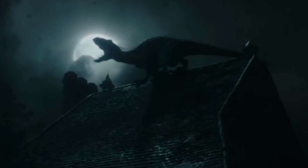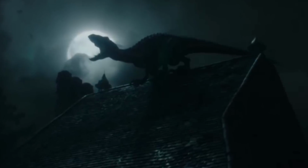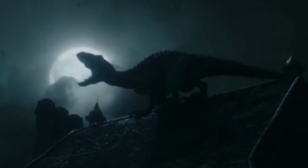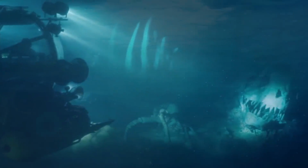Genetic power has now been unleashed. And take a look at the awesome imagery of the hybridized dinosaur standing on top of this building, silhouetted in front of the moon. This is a genetically engineered theme park monster, nothing more and nothing less, and it looks damn good. Next in, what I'm going to say is one of my favorite shots of the trailer is the